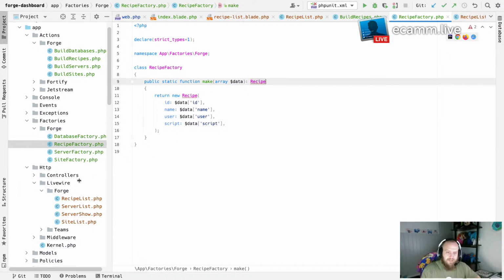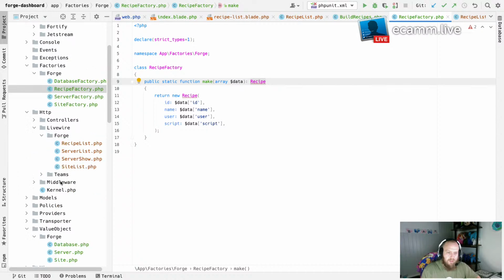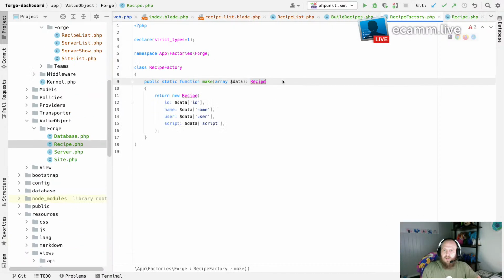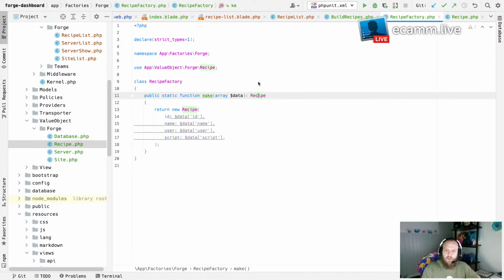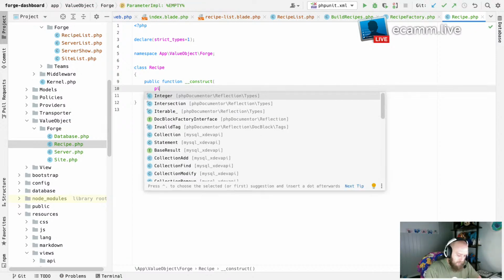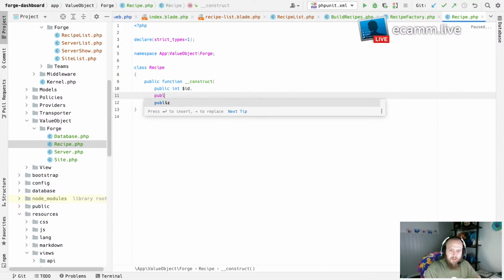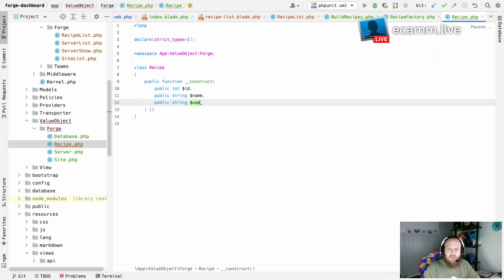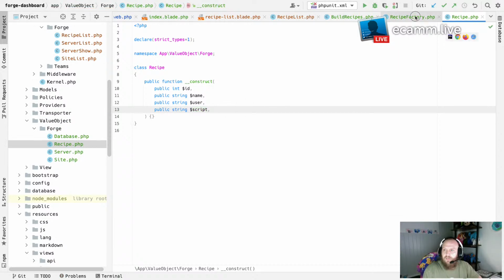Now I just need to go create this in our value objects down here. And let's import that. We can quickly do a public function construct on this, and we'll have a public int for the ID, a string for the name, user, and script. So that should be everything,